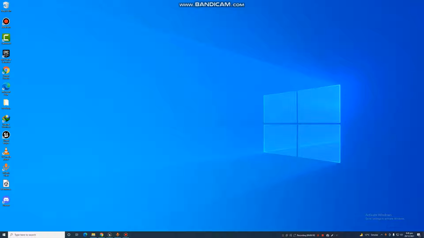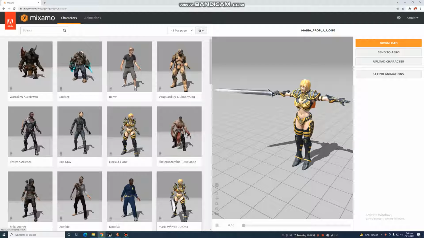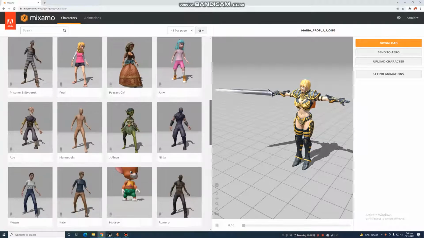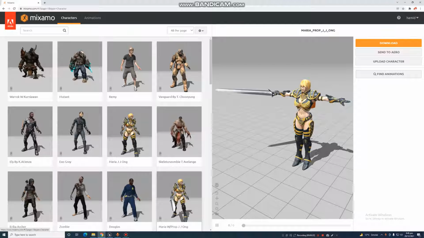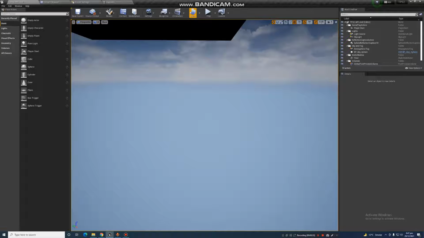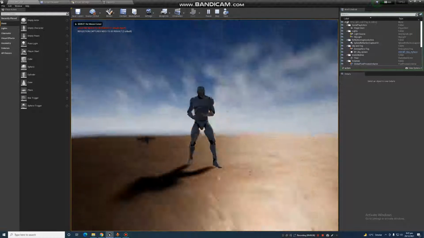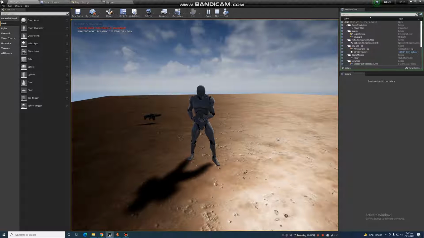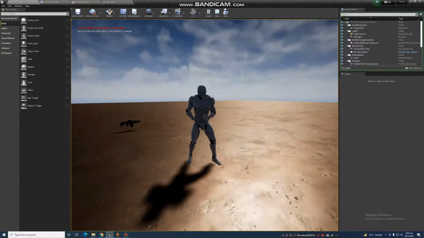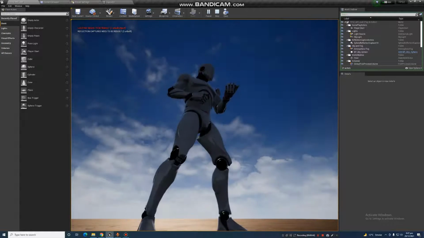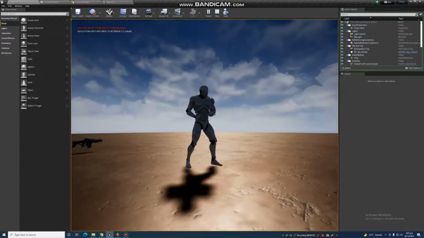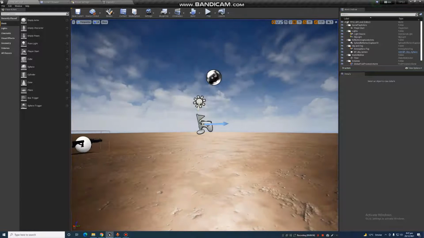So in this video, we're going to show you how you can retarget the animation. We have one site called Mixamo.com, in which you get a lot of free characters and animations as well. Today in this video we will download a character and one animation from that site and use that animation for our default character that the engine has provided us. We will download that animation from Mixamo and retarget it so that our character performs that animation with this default skeleton. So for that, what you need is,